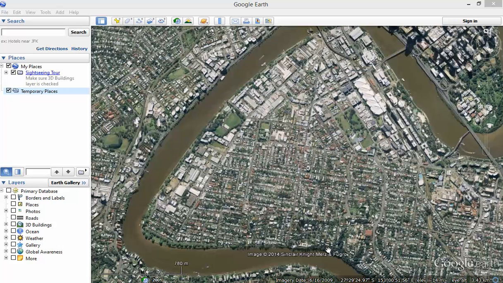This one's going to teach you how to make a line. You need to make lines on your map for things like transport routes, bike paths, the boundary of the suburb and things like that. Okay, to make a line you just need to be in your main Google Earth view,